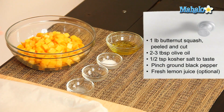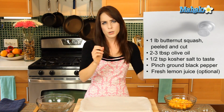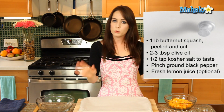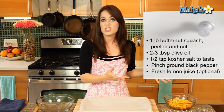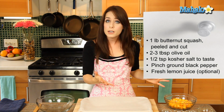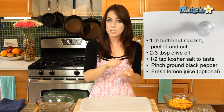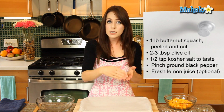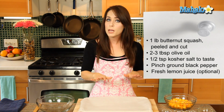So I've got our ingredients all laid out here. We have 1 pound of peeled and chopped butternut squash into these nice little 3/4 of an inch to an inch cubes. Now I purchased mine already pre-peeled and cubed because it's just easy and saves a little bit of time. But if you're doing it at home, all you'll need to do is just peel it with a vegetable peeler. You're gonna cut it in half lengthwise, scoop out those seeds, and then chop it on up. But if you wanna skip that part and save a little time, do as I did and just buy the